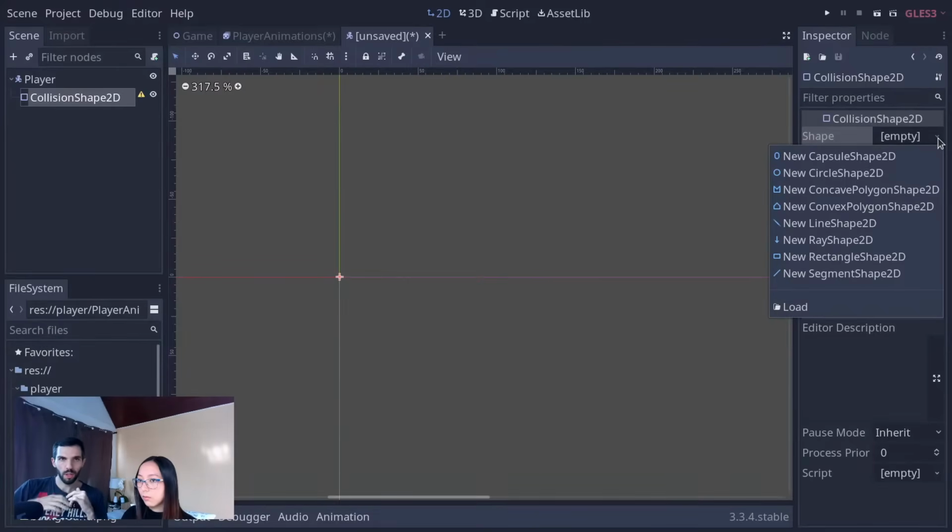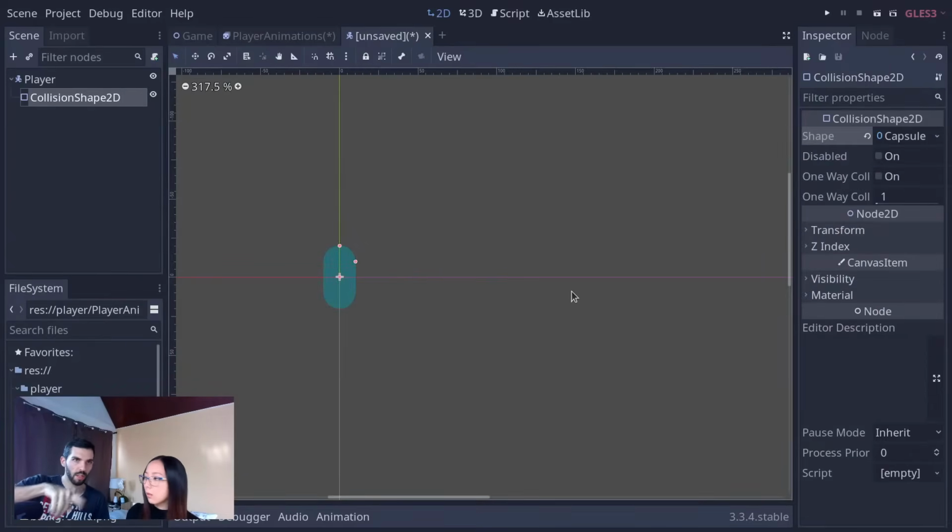And you will see this will come in handy when we make it fly at the end, because we're going to make it fly. So you can pick either the capsule or the circle shape. So this will be like transposed with my character afterwards. Exactly. This will move with it. The way the 2D nodes work, when you move the player somewhere, you're going to see that you can select the player